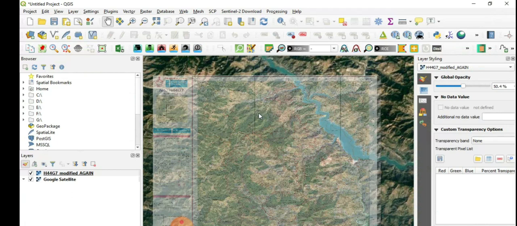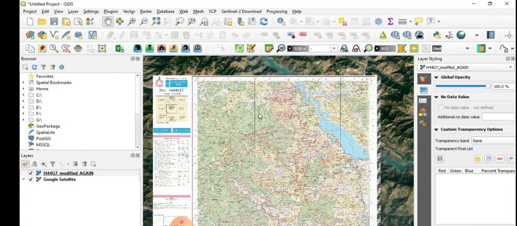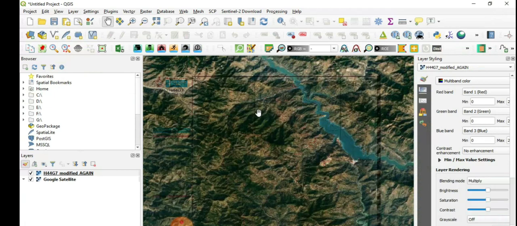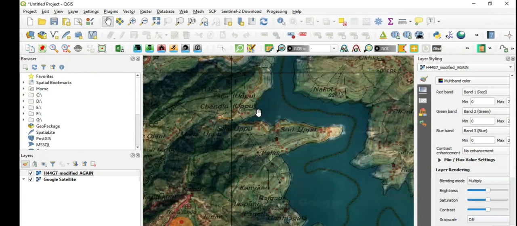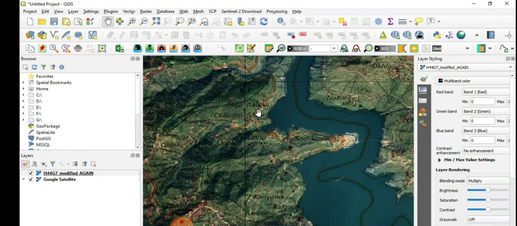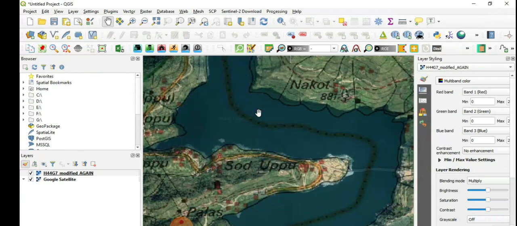And one other option is also there. Let me do this 100%, and you can go to this first icon, okay, and on the blending mode option you can select multiply. So you can see it has almost merged into the satellite imagery. So see, we have done quite good georeferencing. These labels are from the topo sheet, not on the satellite image.